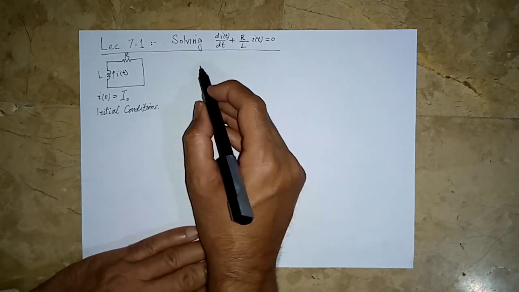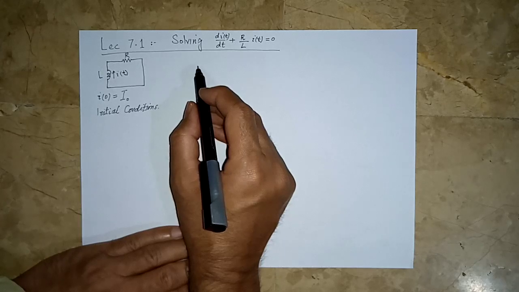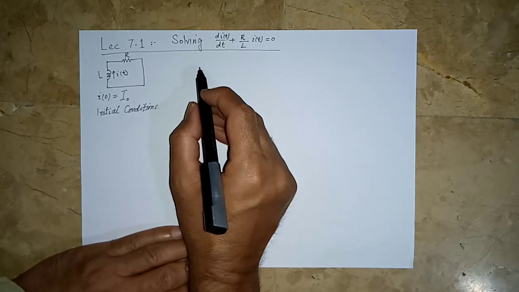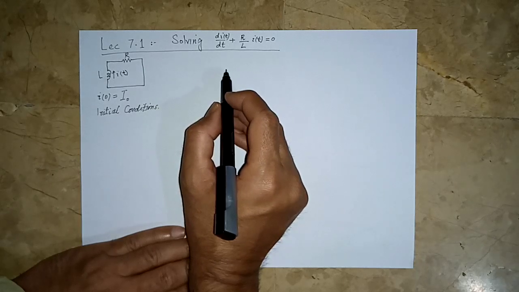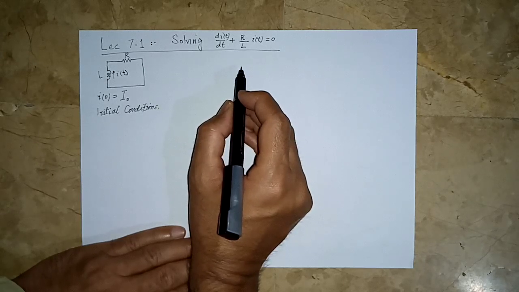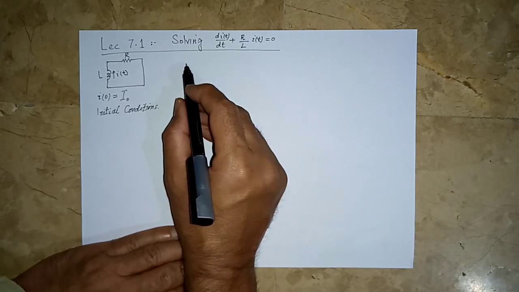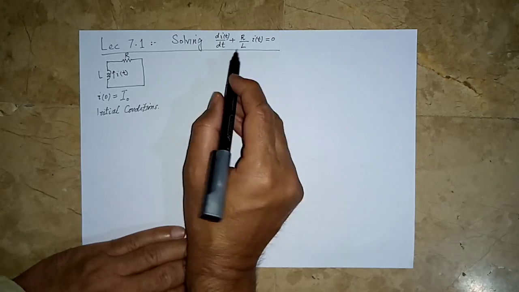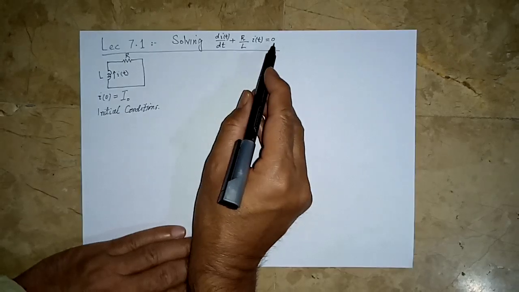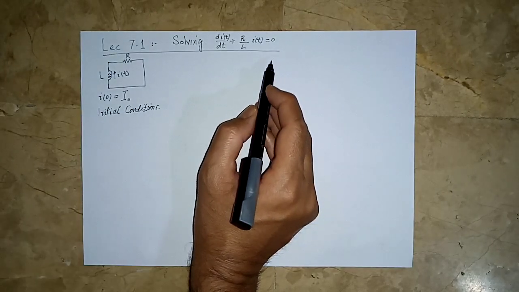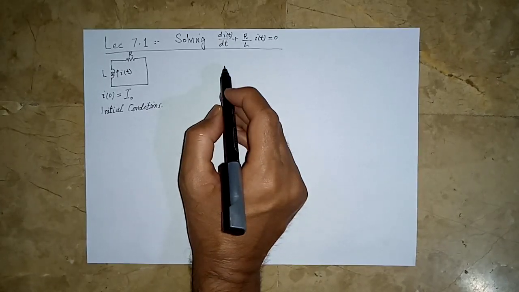Then how to solve this? One idea is a direct approach where we separate the variables. So take all the i's to one side and all the t's to the other side. I is a function of time, and time is a variable as well. So let us separate these variables. If we take this part to that side, obviously this will become minus R over L times i, and then we can bring this i to this side.